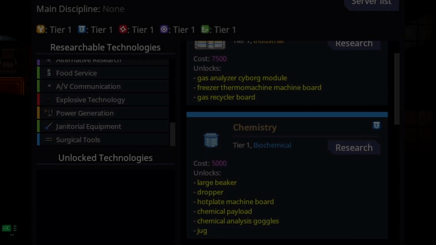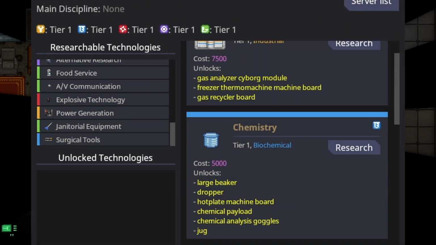Smoke and foam not properly transfers reagents. However, smoke doesn't seem to be doing it despite the PRs claiming that it's fixed. I will obviously report this afterwards. And just also as a very quick disclaimer, if you're wearing internals, foam will not affect you, so just something